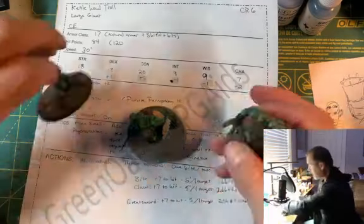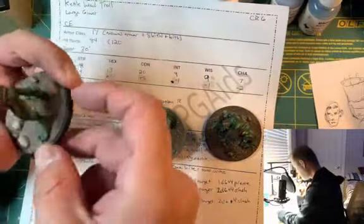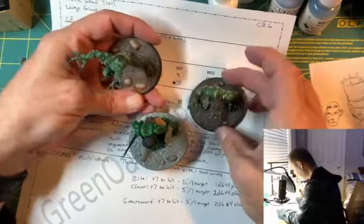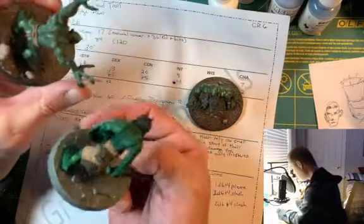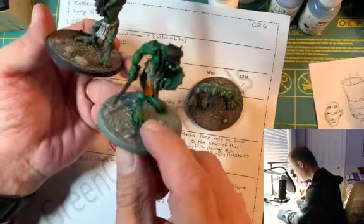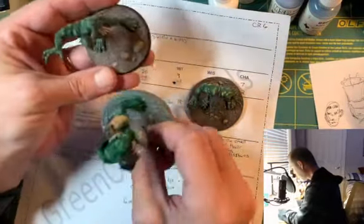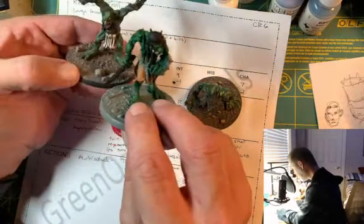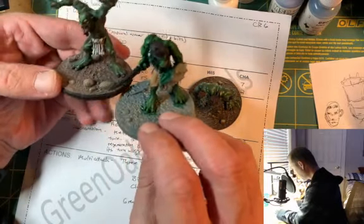Okay, so here are 2 of the 3 other trolls, and you can see they're not quite as bright green, right? We definitely used a variant green on them, which is why I like to paint all of my miniatures as much as possible at once, so that we have good consistency in the color. But that's okay, because this guy's a little bit different and unique. It will stand out a little bit more on the gaming table, but that's okay because of the